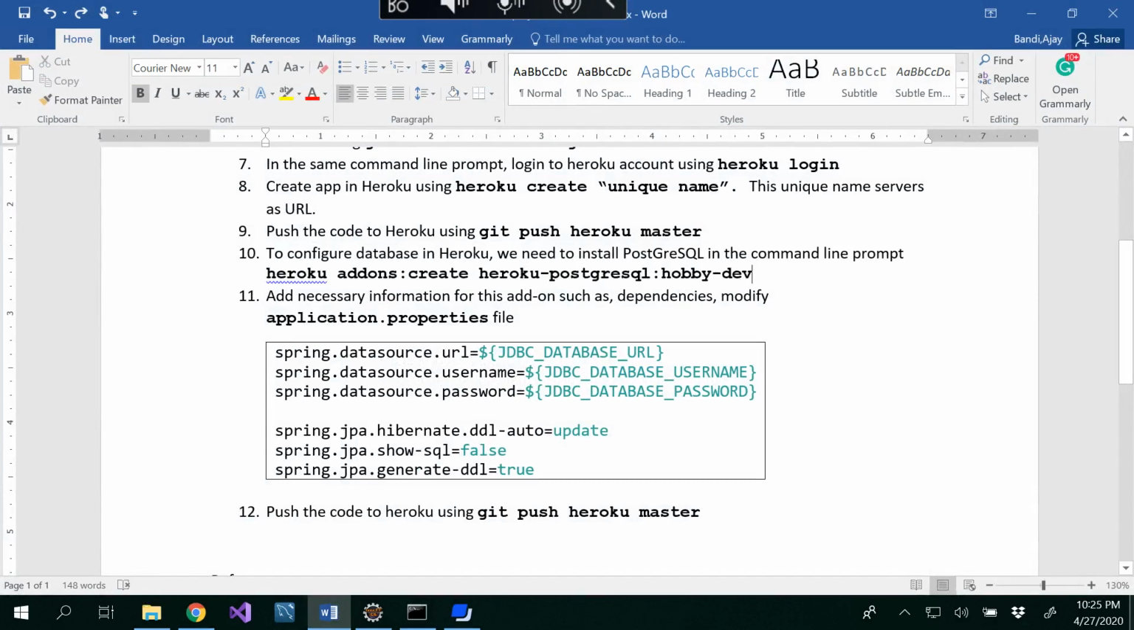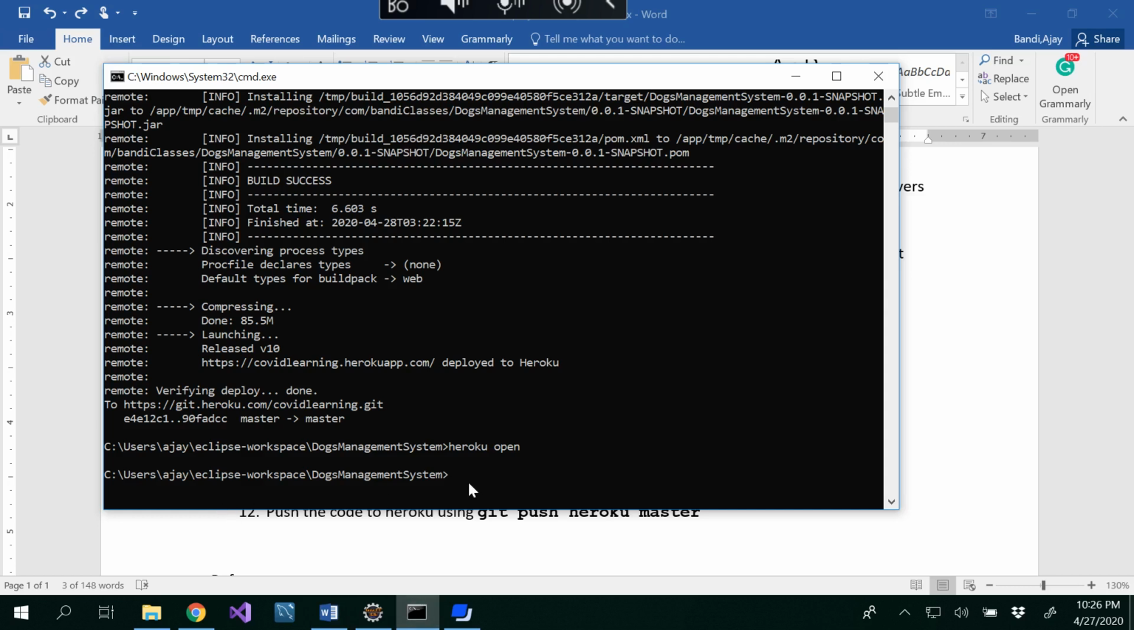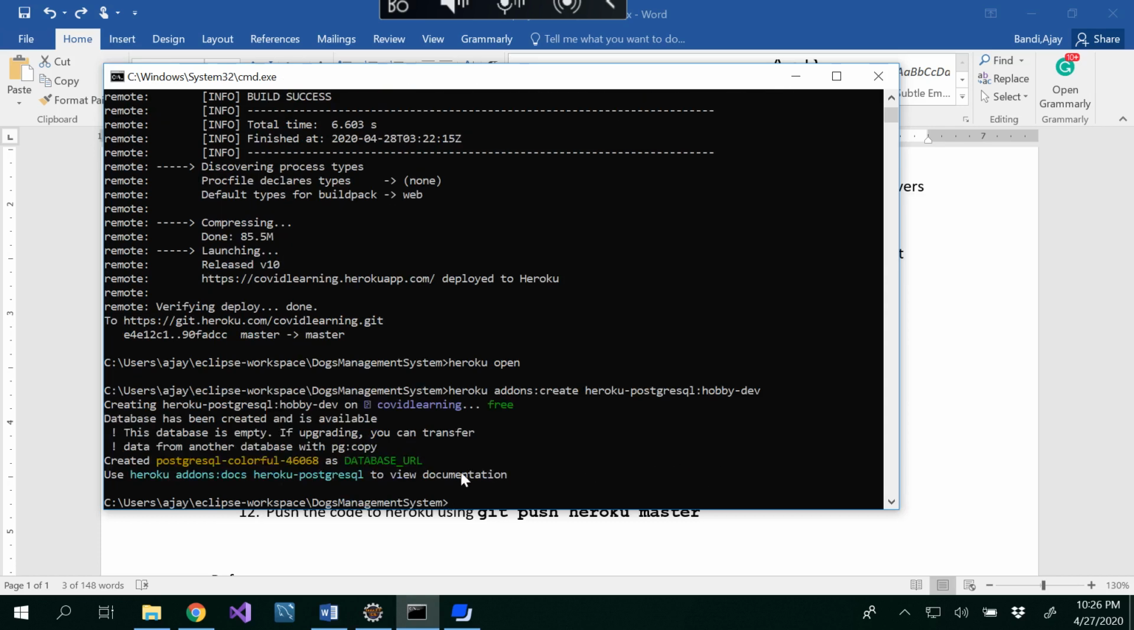Okay, so now we have to configure the database. So what we will do is we will install PostgreSQL in order to configure the database by copy pasting this command. You could type that command. And it has been installed properly. Okay, and the next step is we have to